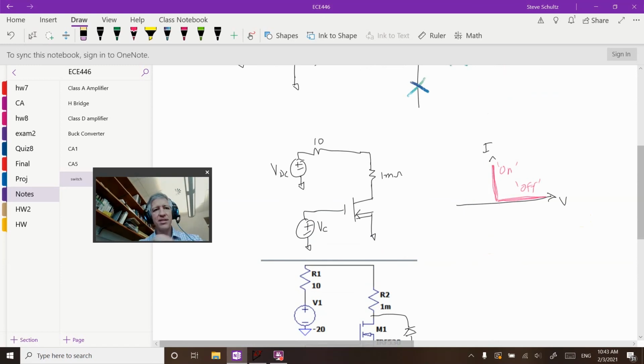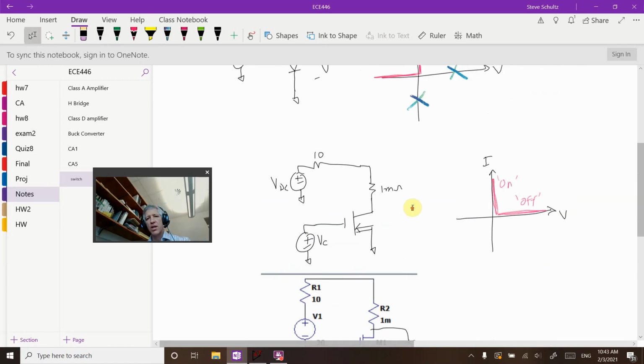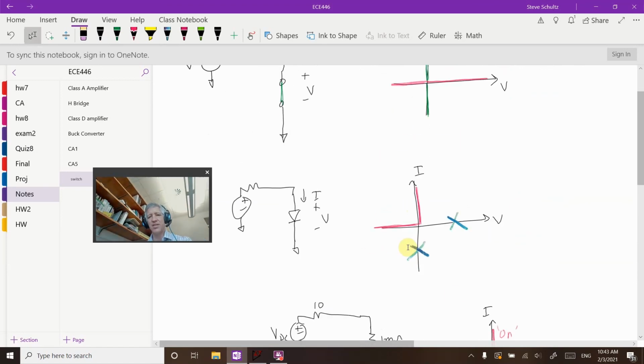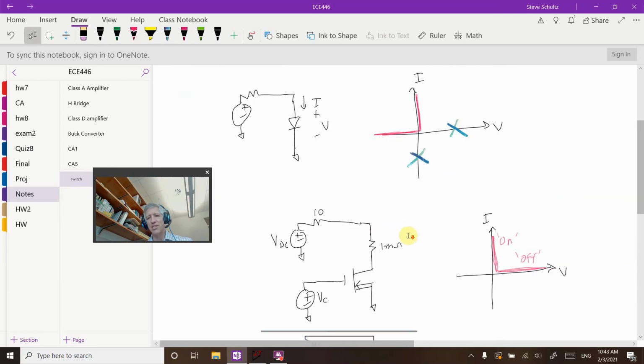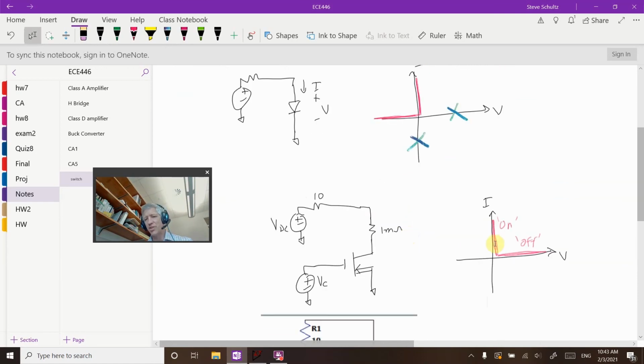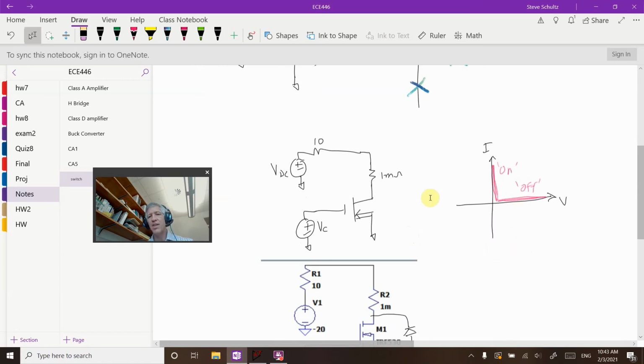So this is a diode that just passively controls based on voltage, and this one is where I can control whether I have a positive voltage or a positive current depending on my control voltage, where I can turn it on and off and I get the control. But I need to make sure that for an NMOS, I'm always driving current this direction